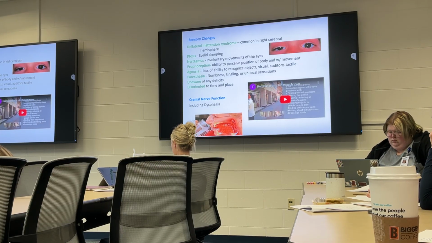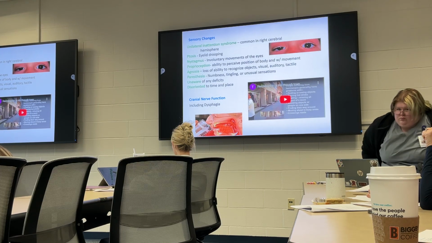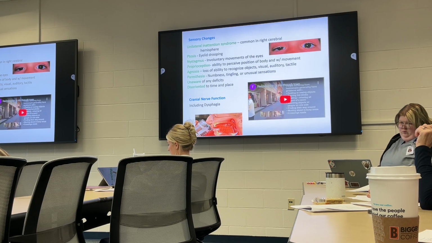I don't think so, because she went to bed normal supposedly, but she woke up and had these deficits. So when did the stroke occur? It could have happened the minute she went to bed, it could have happened the minute she woke up, but we don't know. So that last known normal goes to the night before, because we don't know when that last